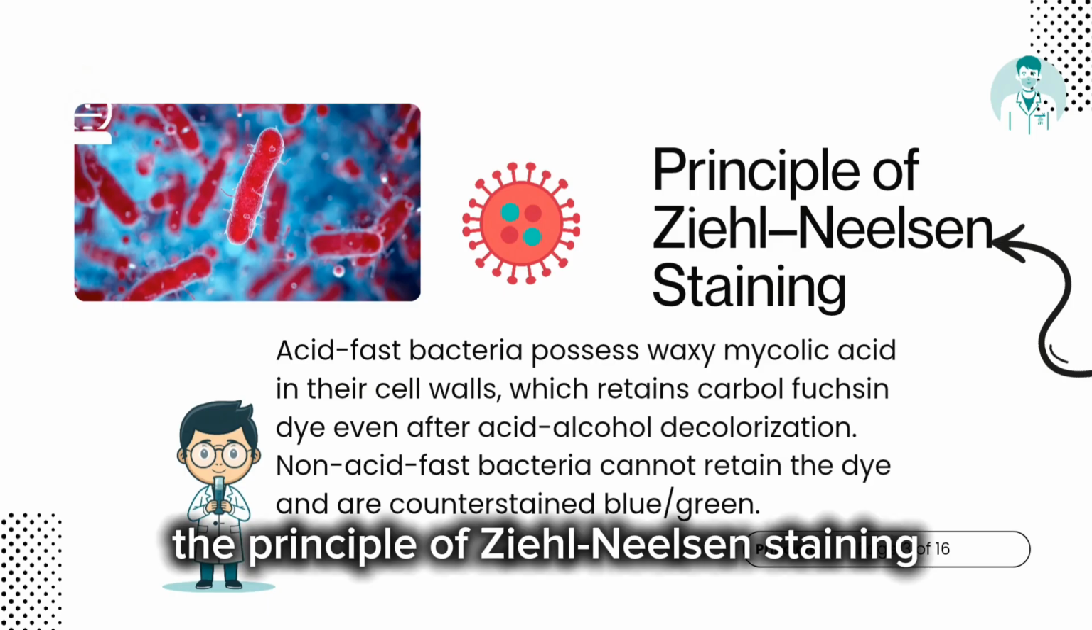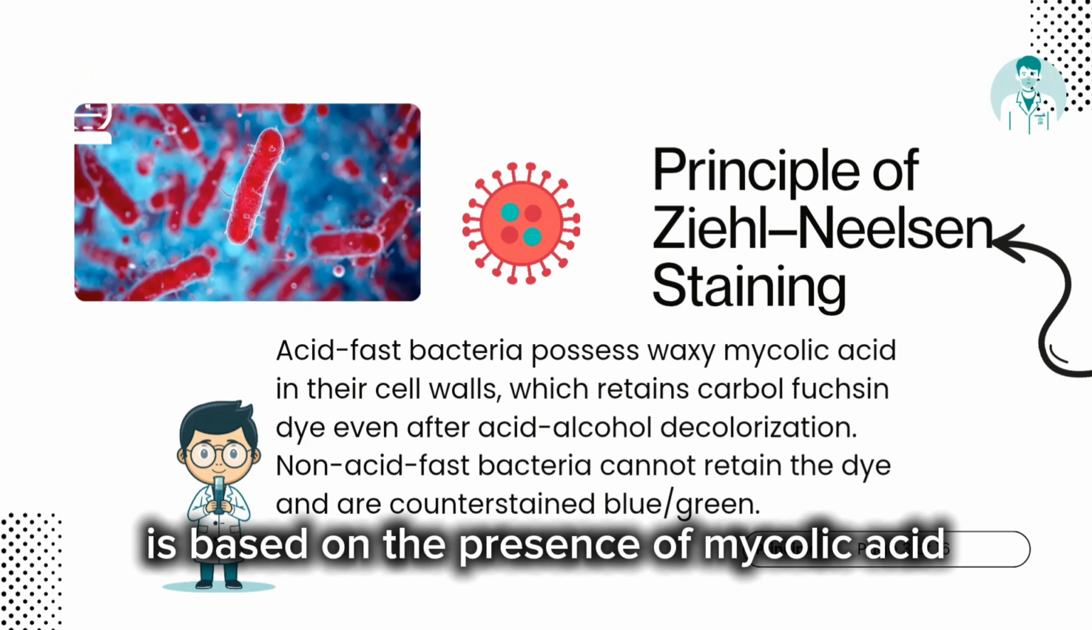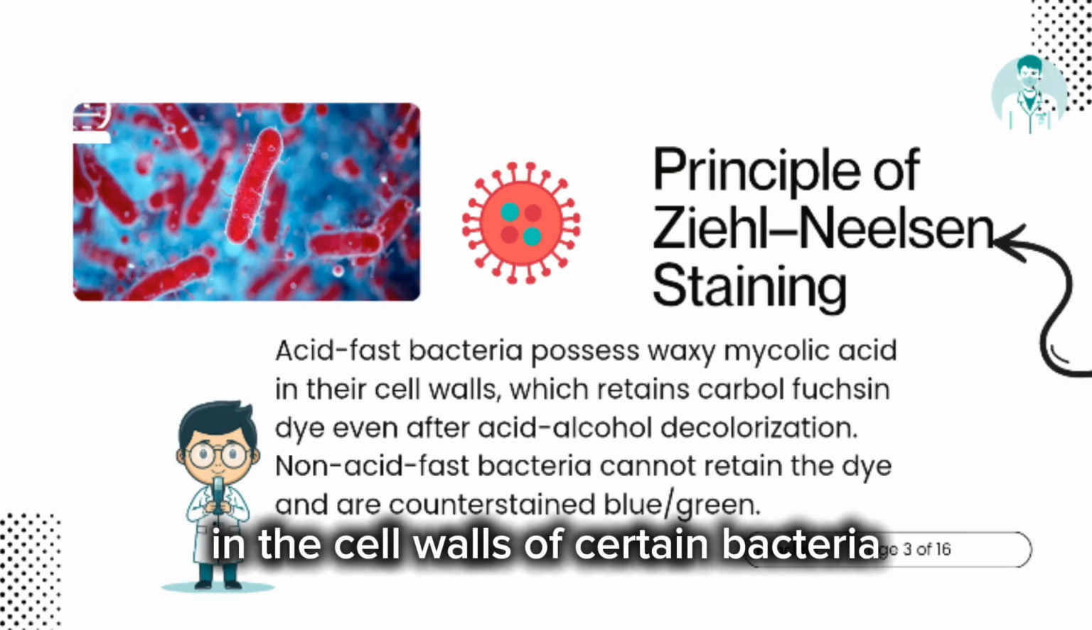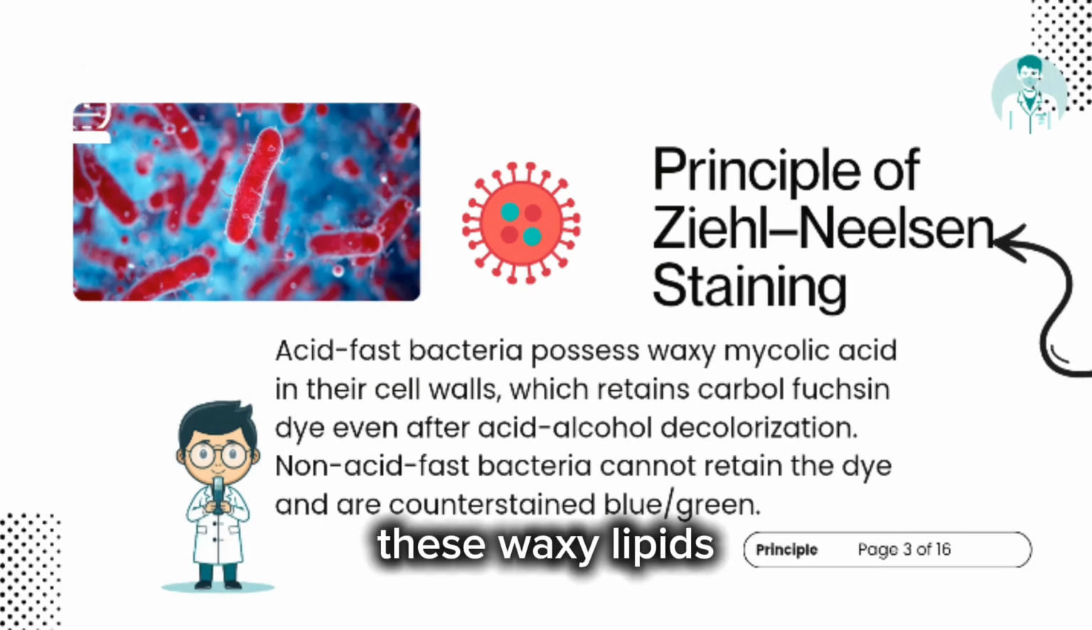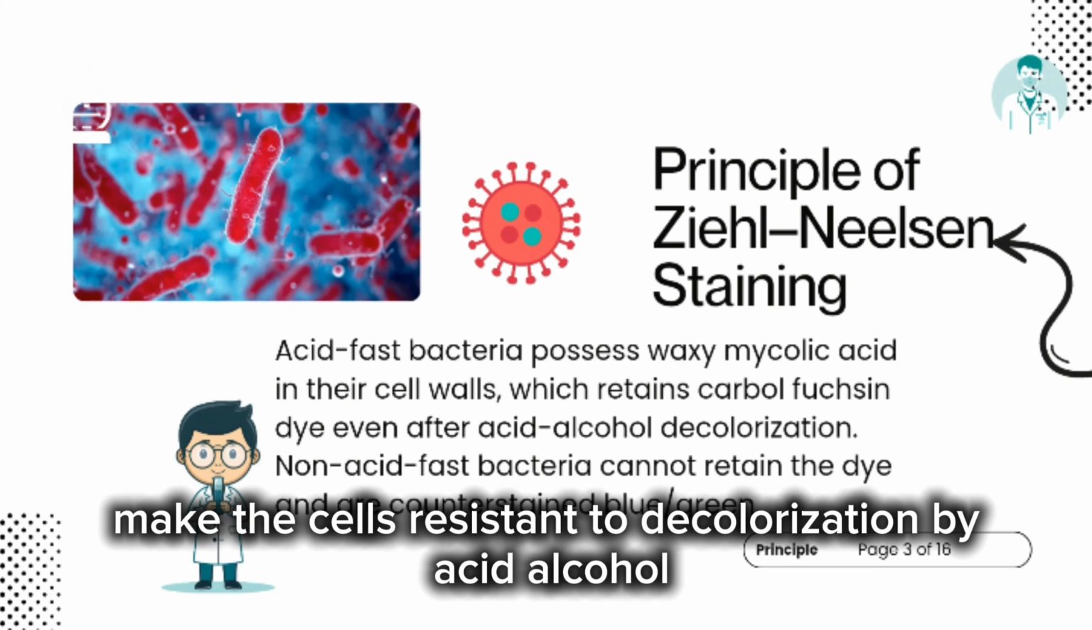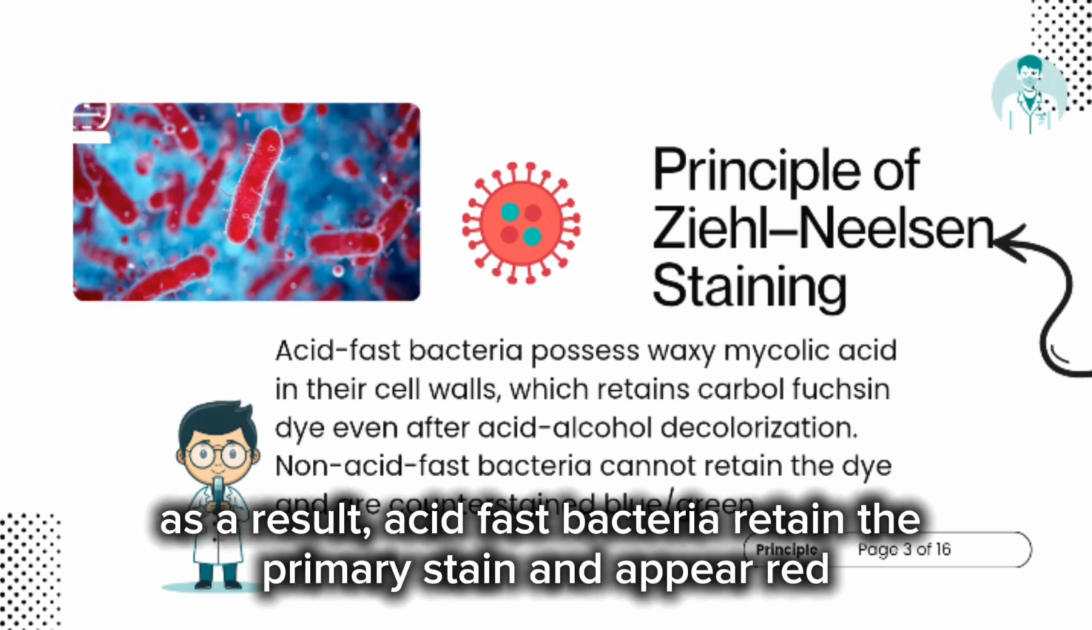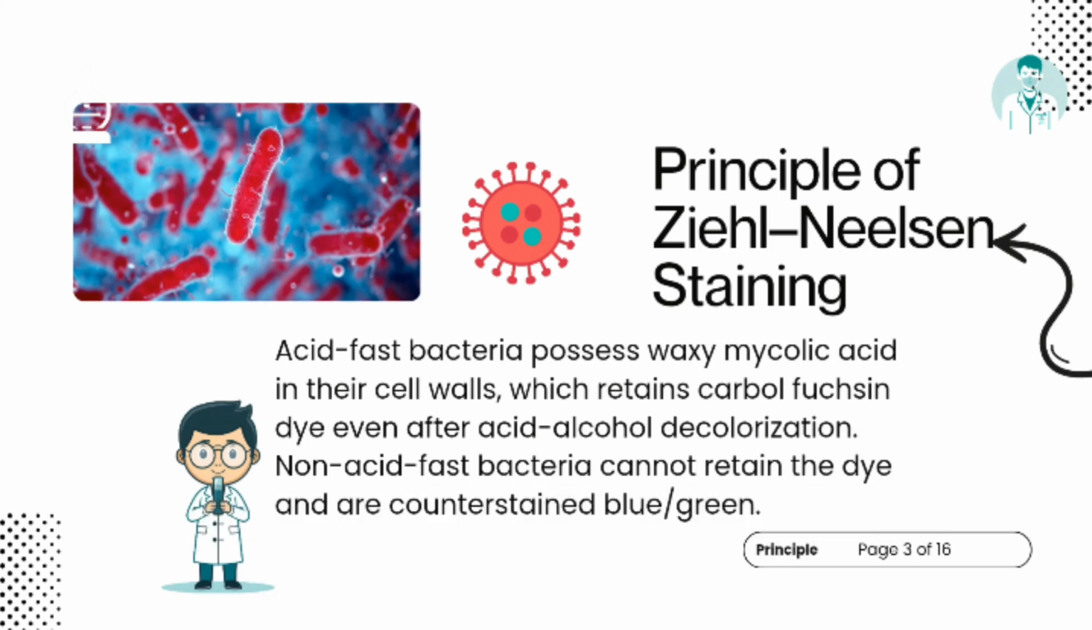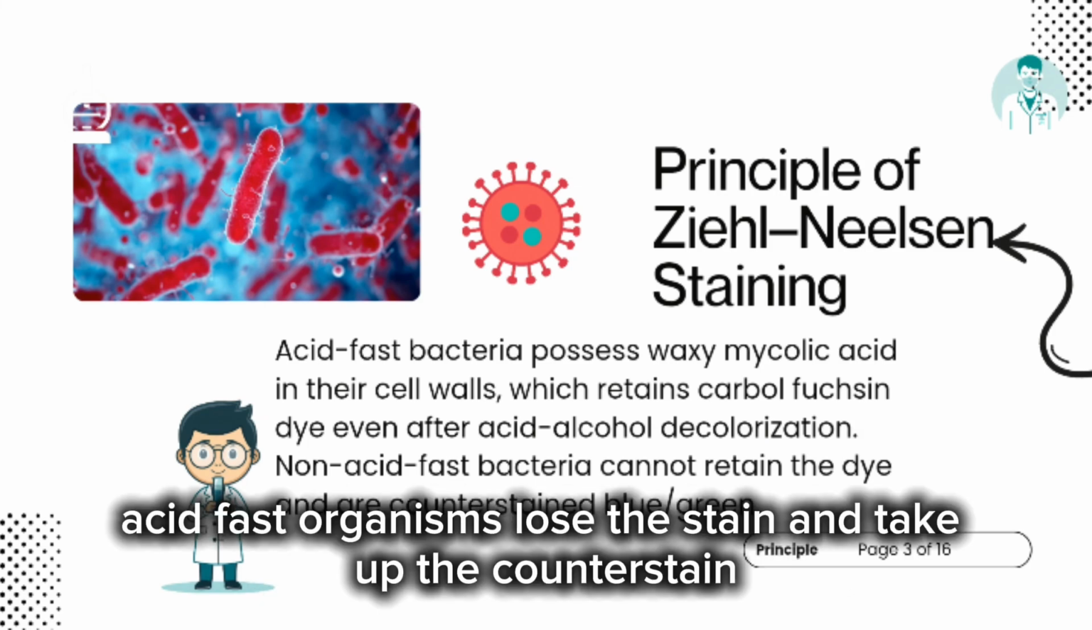The principle of Ziehl-Neelsen staining is based on the presence of mycolic acid in the cell walls of certain bacteria. These waxy lipids make the cells resistant to decolorization by acid alcohol. As a result, acid-fast bacteria retain the primary stain and appear red, while non-acid-fast organisms lose the stain and take